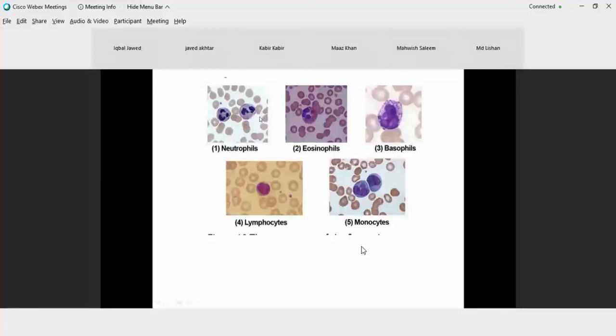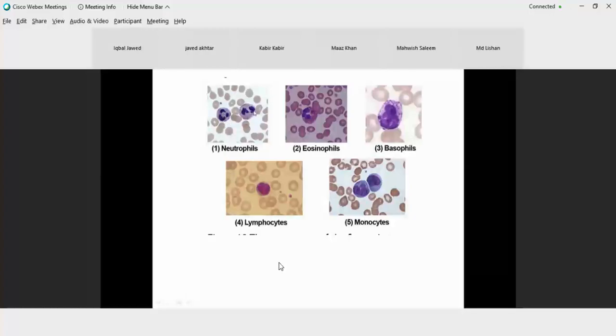All the three cells, neutrophils, eosinophils, and basophils, have similar size, and you can compare the size of these cells with the surrounding red blood cells. These are red blood cells in the surrounding, all right? So these are roughly 1.5 to 2 times the size of the surrounding RBCs. Okay, then you have to see the nucleus. Neutrophils are usually multi-lobed. Can you see?